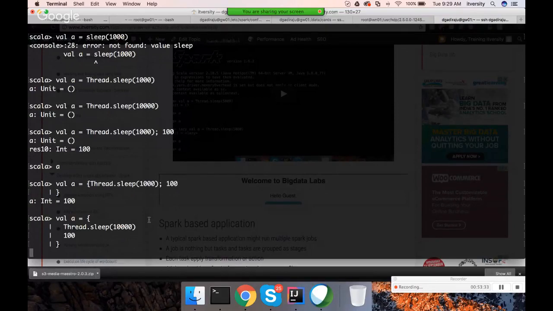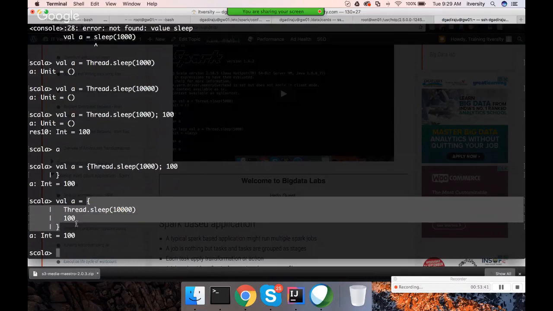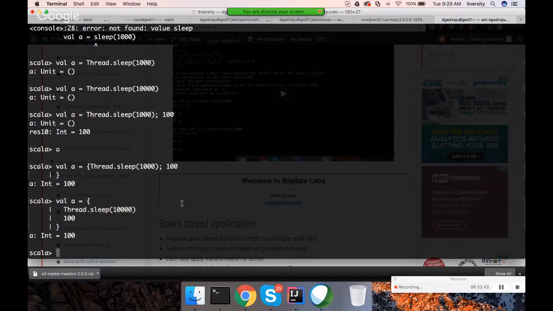So a will be of type integer after waiting for 10 seconds, and the wait happened immediately. So the execution of this expression happened immediately. Whereas if you use a keyword called lazy